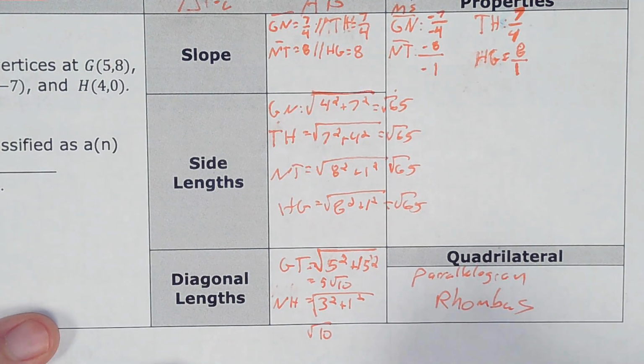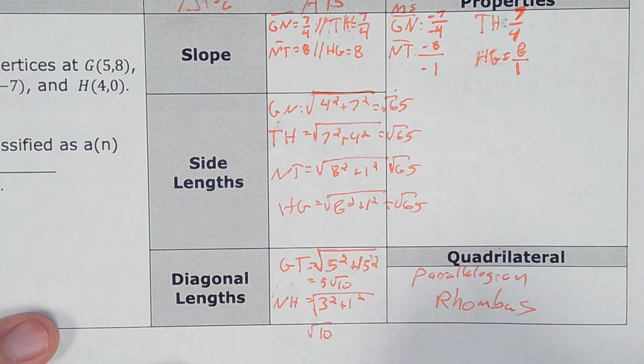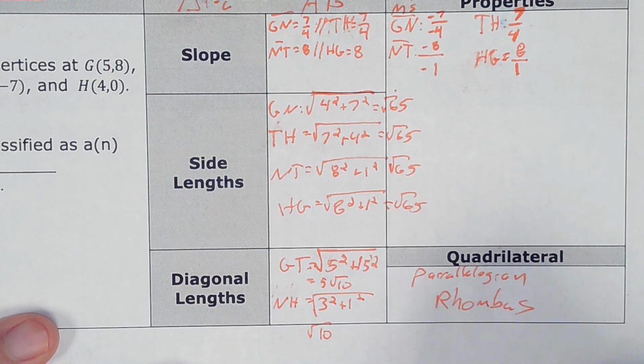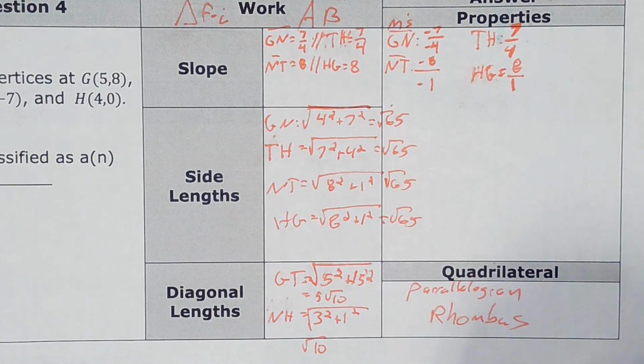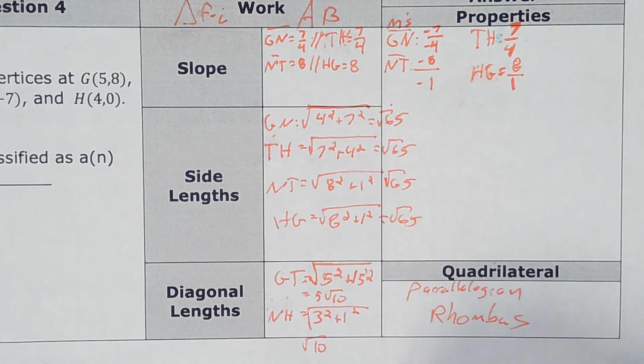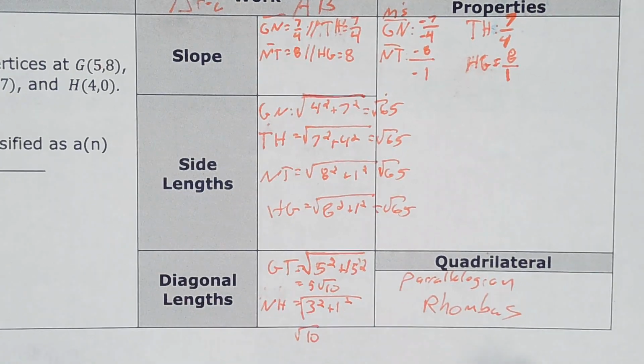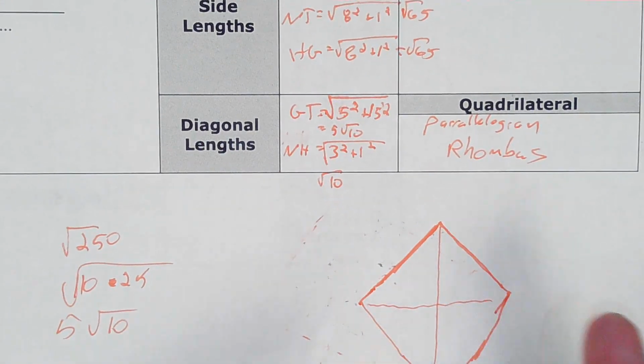They're all the square root of 65. This is the square root of 65. This is the square root of 65. And this is the square root of 65. Right? But this length is like 3 times the length of this length, so this should be squished a little bit. But anyway,